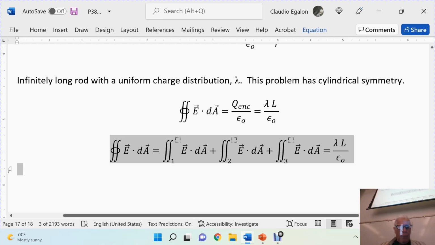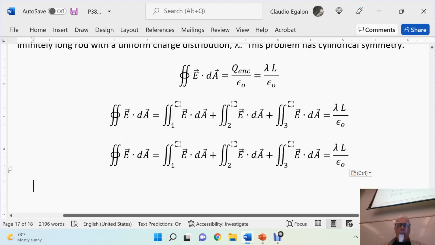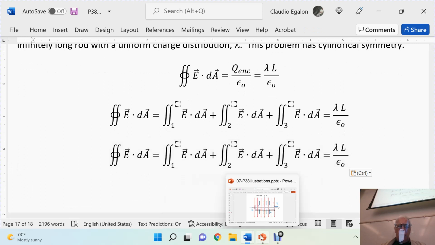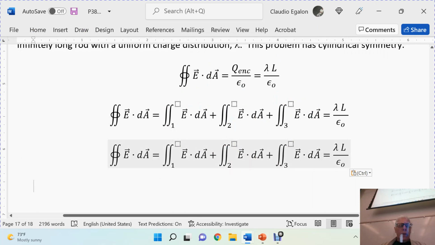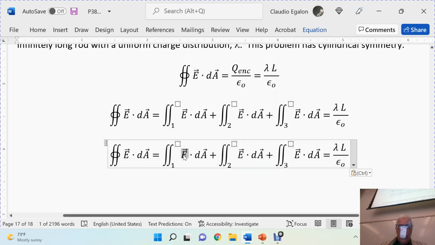Just like before, the electric field. Oh, wait a minute. Let's go for our first surface now. This is my first surface. In the first surface, the electric field is parallel to the area vector. Okay? So we go ahead and write that down in terms of